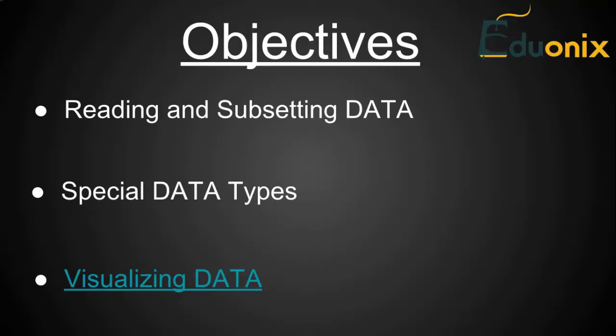Now, data that is available to us can be in any format. It can be an Excel sheet, it can be raw data in the form of text, it can be tab delimited data, it can also be comma separated values. It is possible to read those data inside the R environment. So that is what we have to see, how we can bring external data into the environment